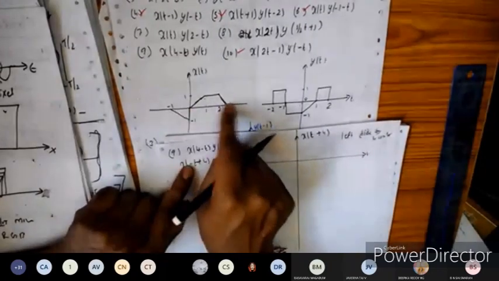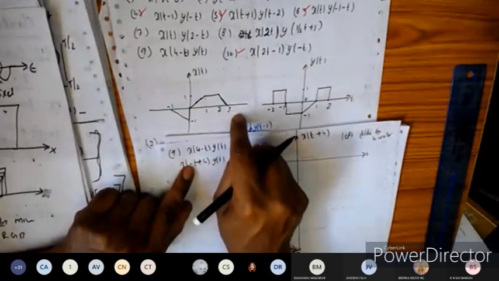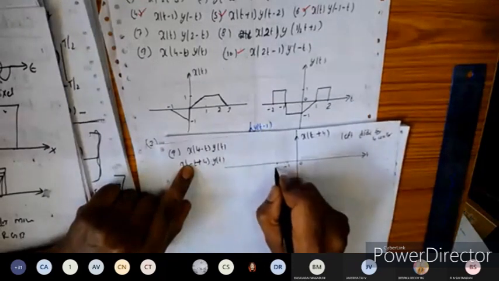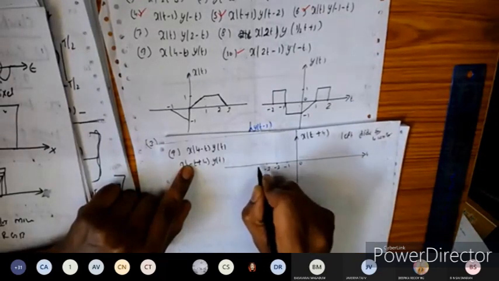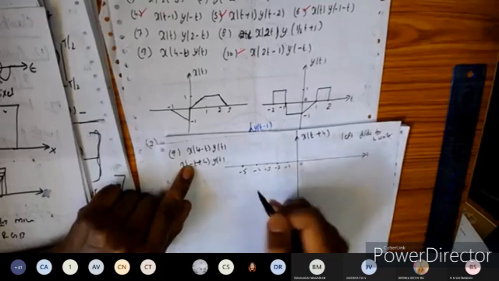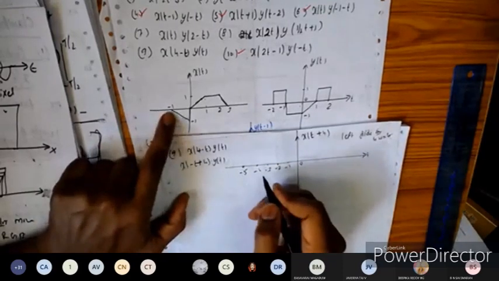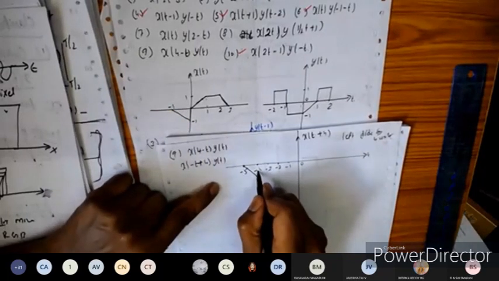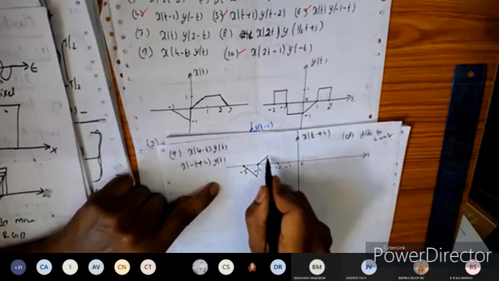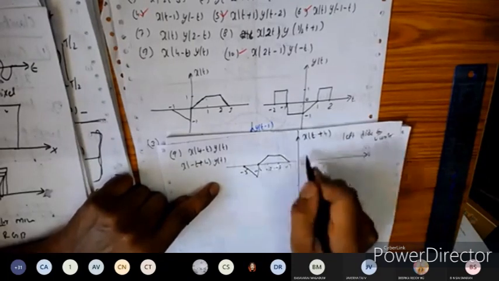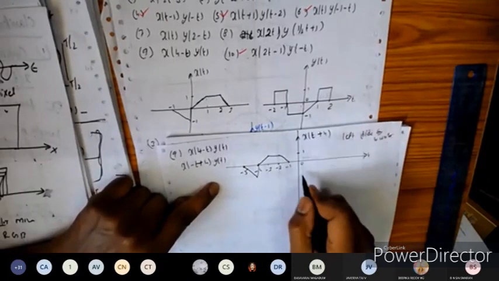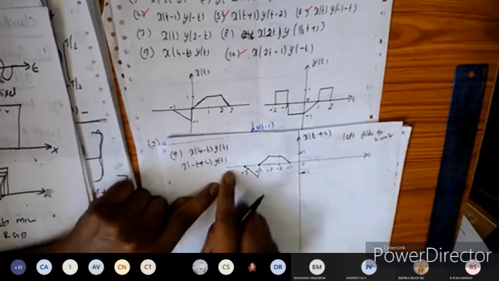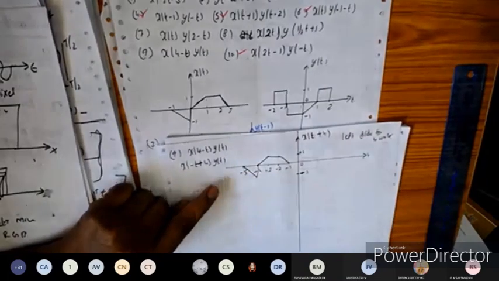So this is x of t. Shifting by 4 units means adding minus 4 to this one here. Minus 4 plus 3 will become minus 1 here. So minus 1, 0, minus 2, minus 3, minus 4, minus 5. From minus 5, the signal will begin like this here, so minus 4 will become minus 5. The waveform will be like this. Next like this, next like this here. So this is plus 1, this is minus 1 here. The signal is shifted towards the left side by 4 units like this here.